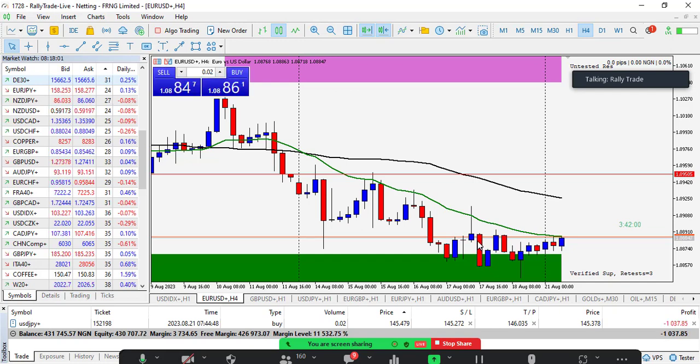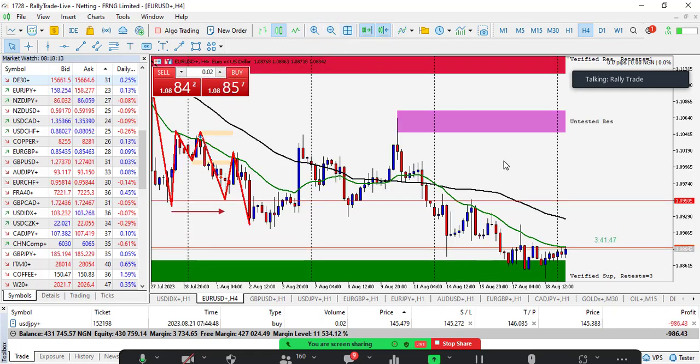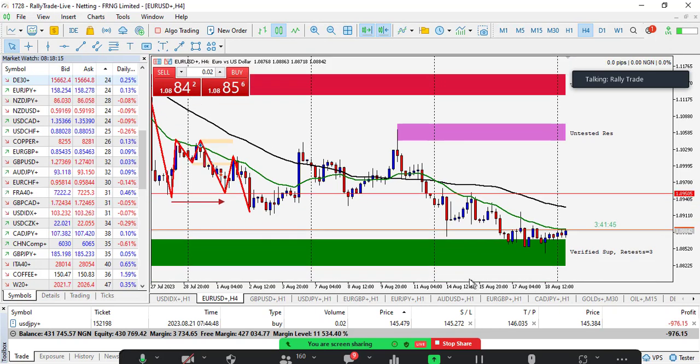The name of this candlestick is called Marubozu. That's a continuation pattern, right? So it came up just immediately after this candlestick, okay? And that's to show that this market might just continue trading to the downside. Now, see, all of this is happening on a verified support, right? So that's kind of an indecision there, right? Go forward, go backward, kind of thing.